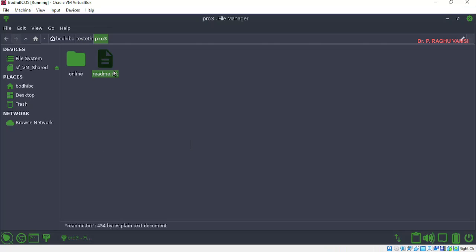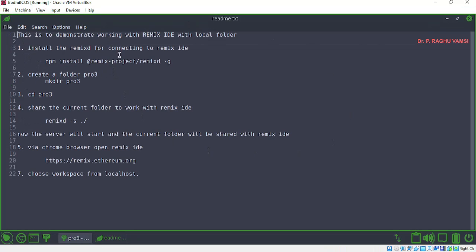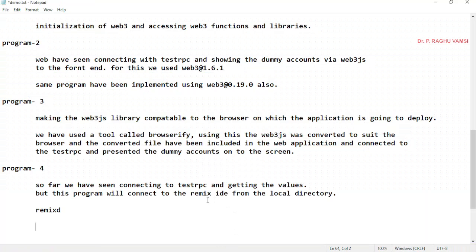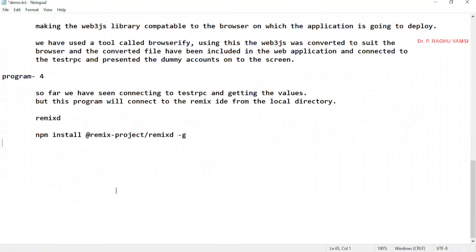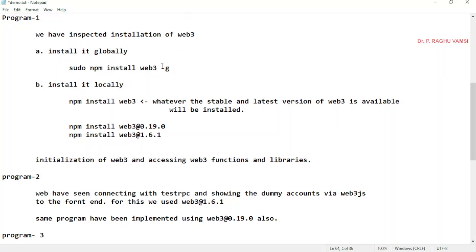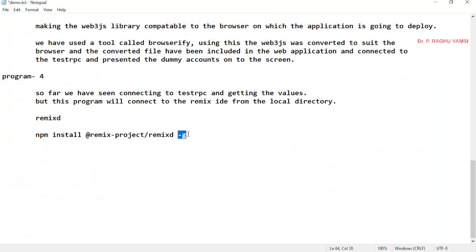To demonstrate working of the Remix IDE with the local folder, install remixd for connecting to the Remix IDE: npm install -g @remix-project/remixd. The g is for global; this is the global installation we have discussed here. Thereby remixd will be installed.